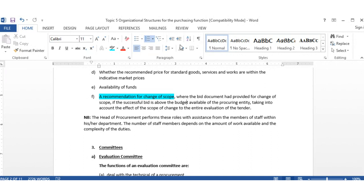So the definition, the right price is the lowest. So selecting the right price will mean that yes, you are avoiding corruption, because it is a competition that you have allowed suppliers to compete fairly, and eventually the lowest has been selected. So that's the right thing to do. However, when you are discussing the definition of purchasing, you could have mentioned that the